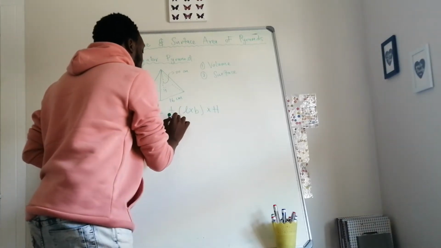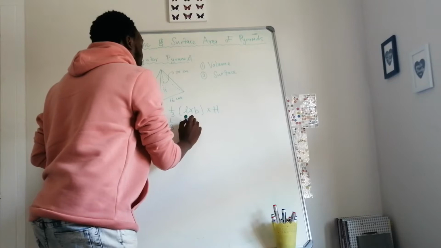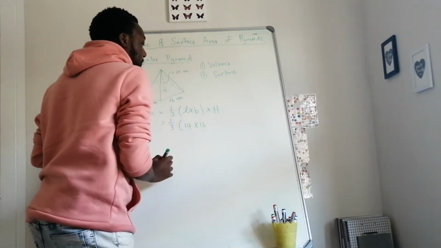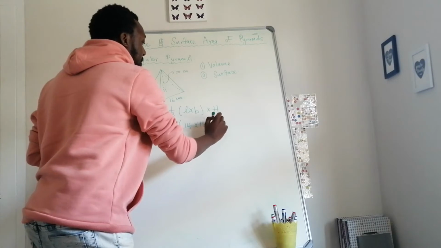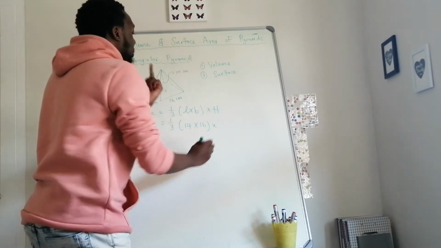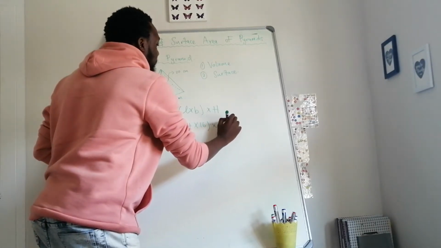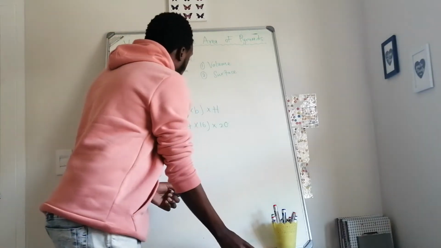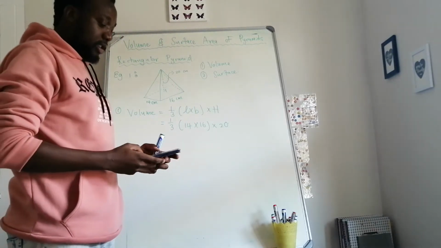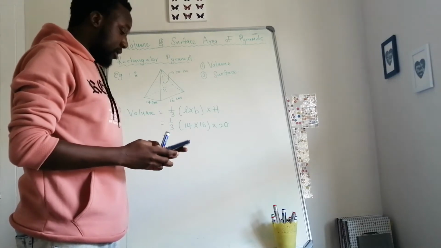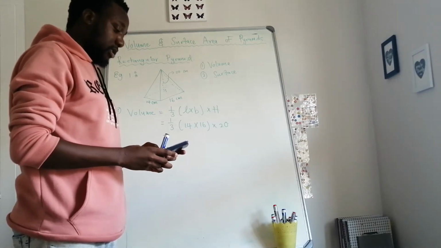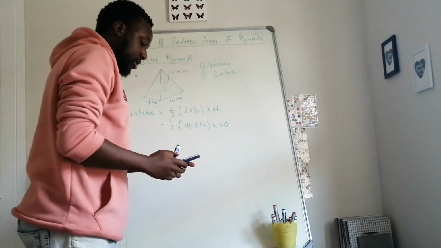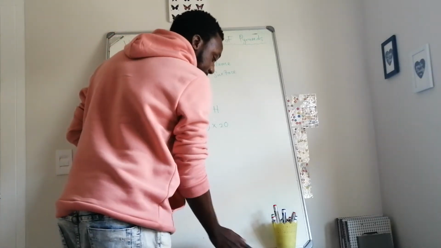So this is just a third, 14 multiplied by 16, or the other way around, it's the same, multiplied by the 20. So just plug all of this into your calculator and see what you get. So a third, 14 multiplied by 16 multiplied by 20, you get